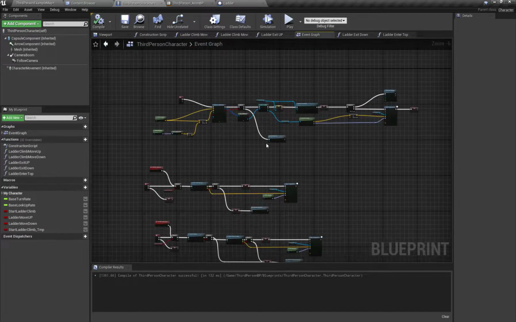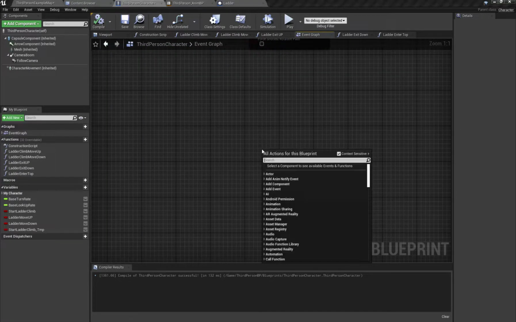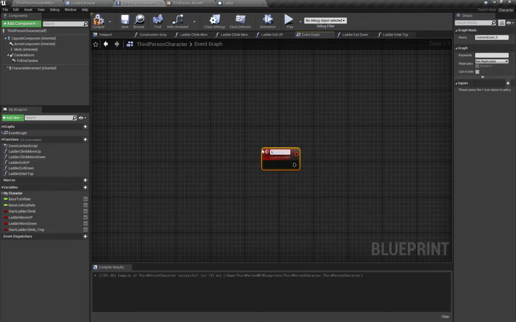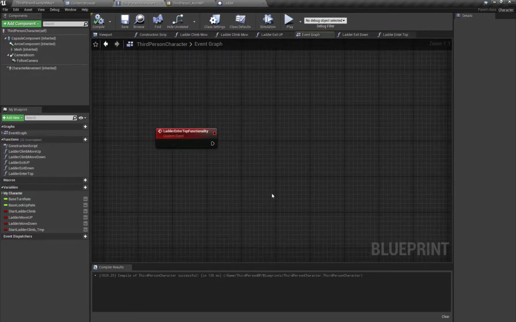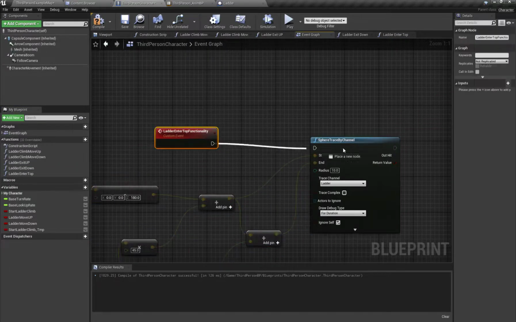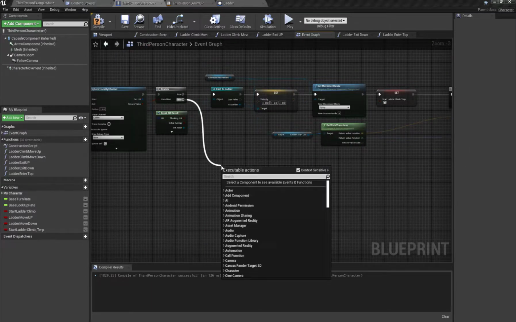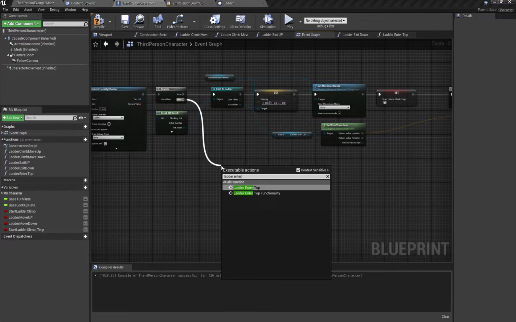I'm gonna set up a custom event over here and call this ladder enter top functionality, and copy this node from here and paste it over here, and call this function instead of calling this function ladder enter top functionality,